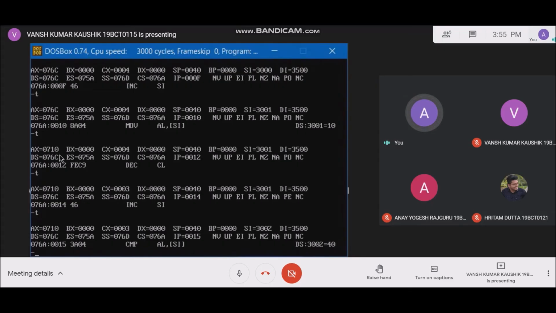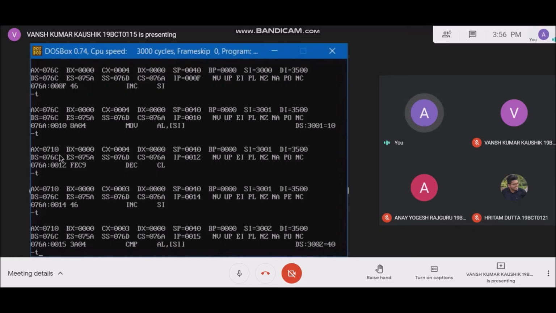SI is pointing towards 40 and AL is stored with 10. When 10 is compared with 40, as 10 is less than 40, so 40 is moved to AL register.